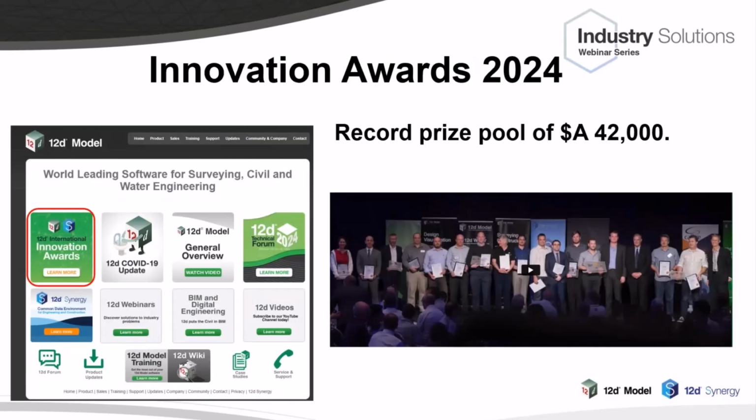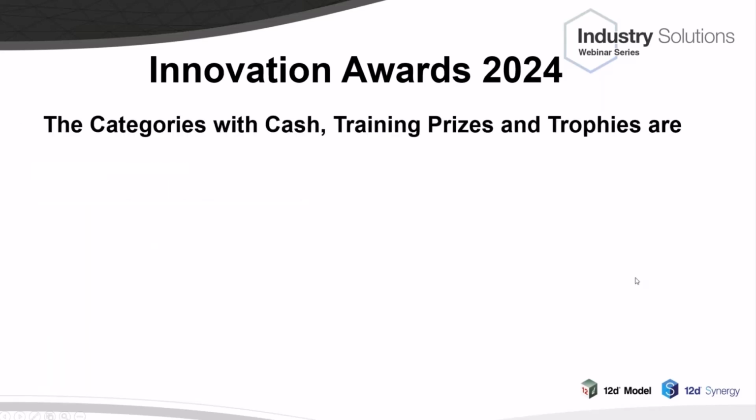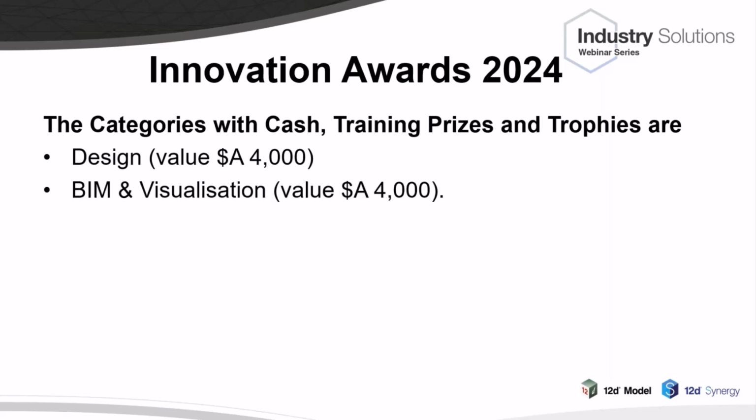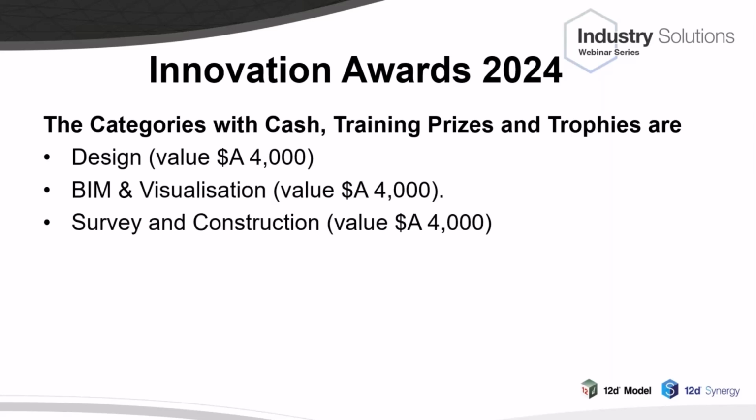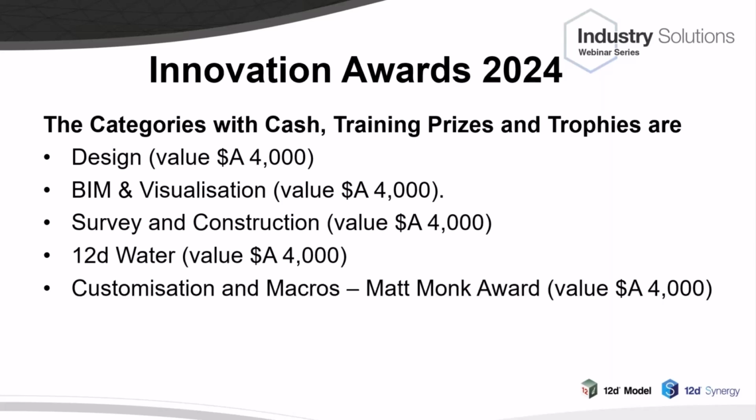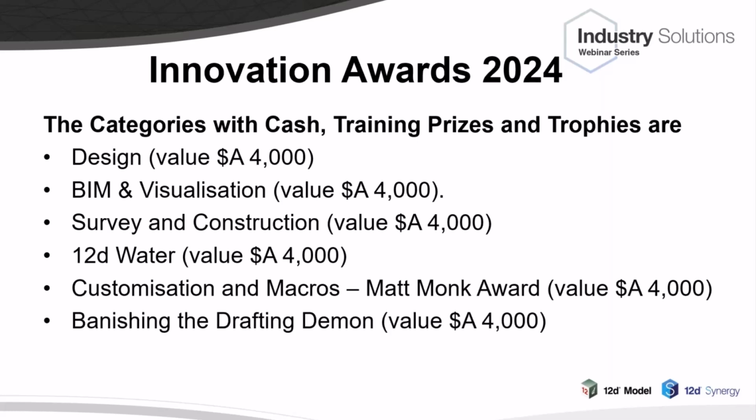This is where you can get money from us. Our innovation awards are on again, and you can find the form and the information about them on our website. This is winners from last time, our last one we had in person. We have categories and cash, training, prizes and trophies. The main category is design, and the prizes are worth $4,000. We've got BIM and visualization, survey and construction, 12D Water, customization of macros,